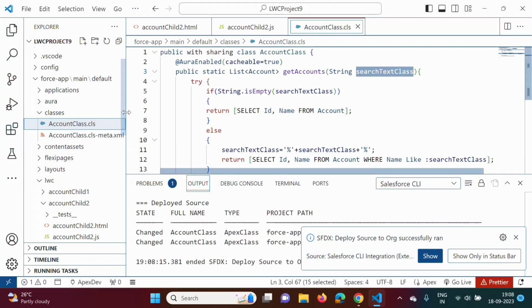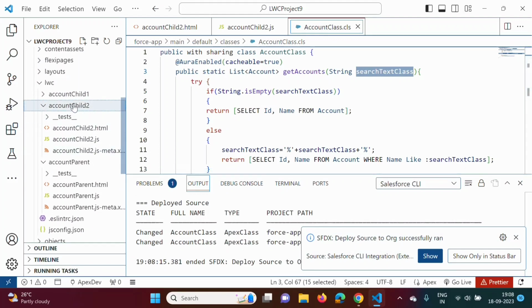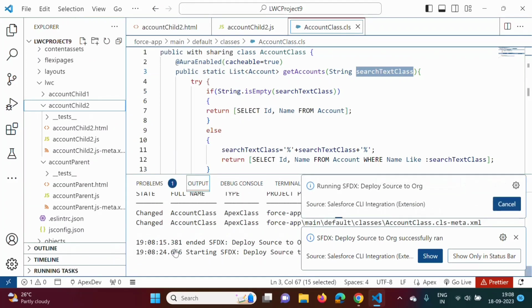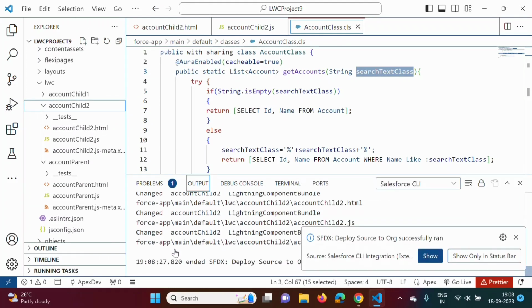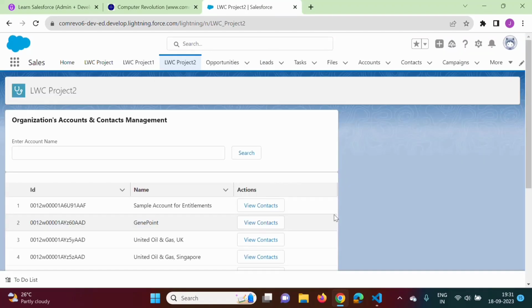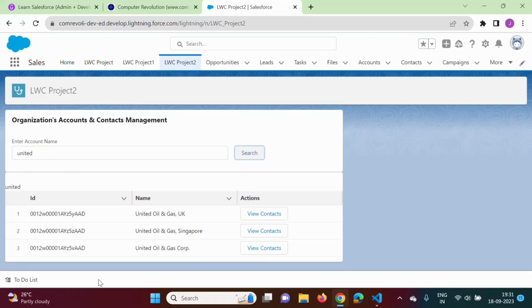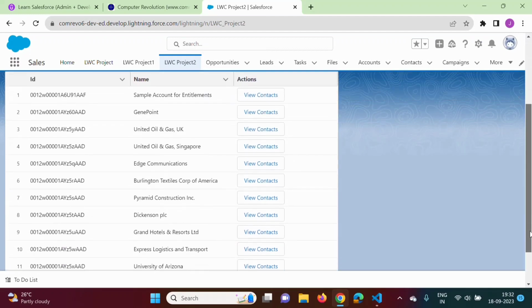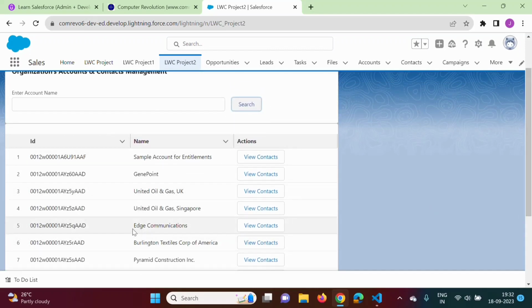Okay, it is done. Now we will deploy our component account child 2. Okay, it is also done. Now see. So we will refresh by Control F5. Okay, so our Lightning app page got refreshed. Now see, suppose here if we type United and click on this search button, you can see these records got filtered. Wherever this United is a substring, those results we got. And if we keep it blank like this and click on search, now it is showing all records, right? And suppose if we type this age,